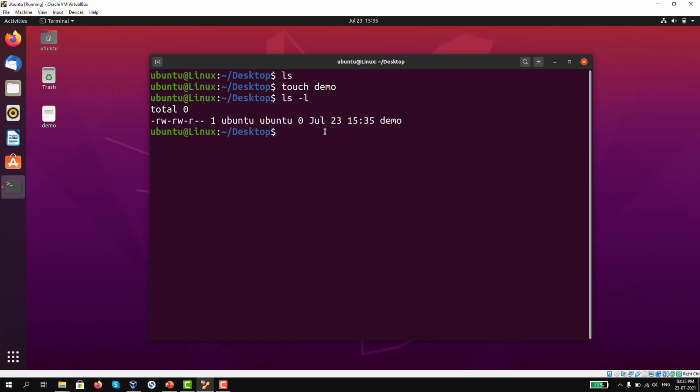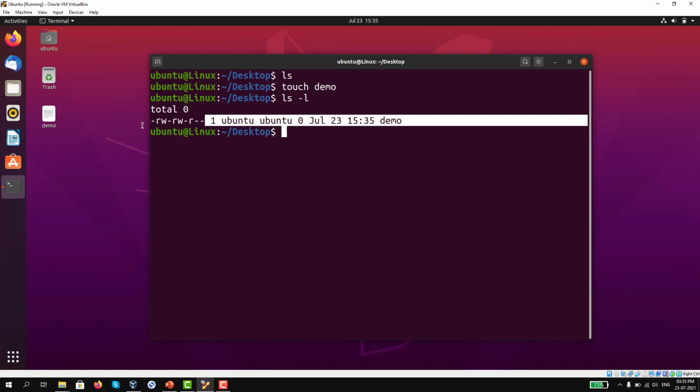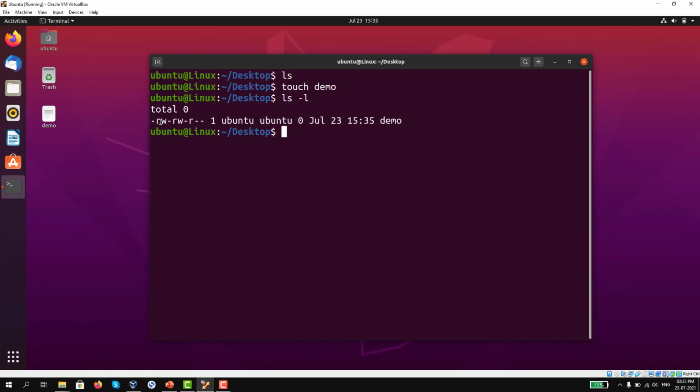But we can change this permission. Here you can see I didn't get read write permission for everyone, only group users and user have read write permission and others don't have that. This can be modified by using something called umask. This will have some value, and based on the value configured, it will remove the permissions from the default permission.